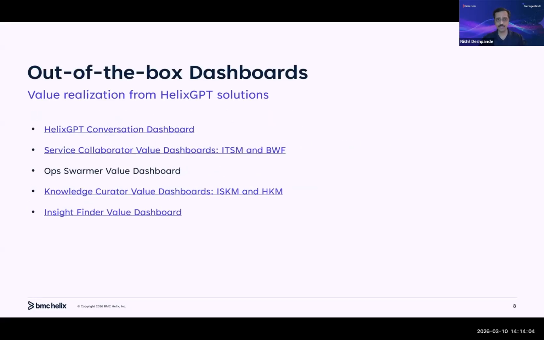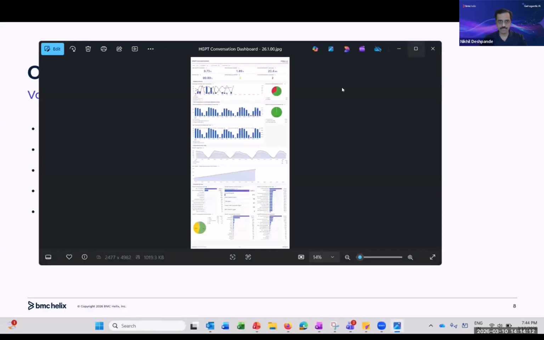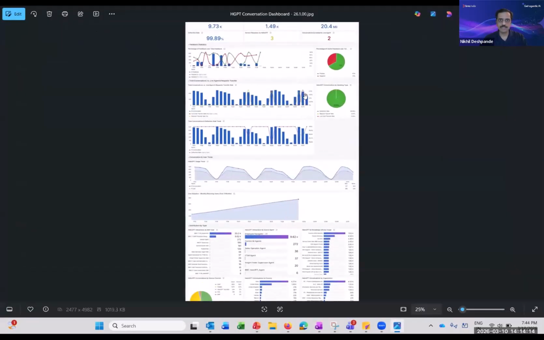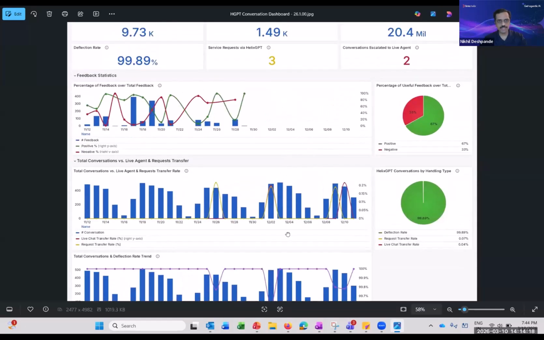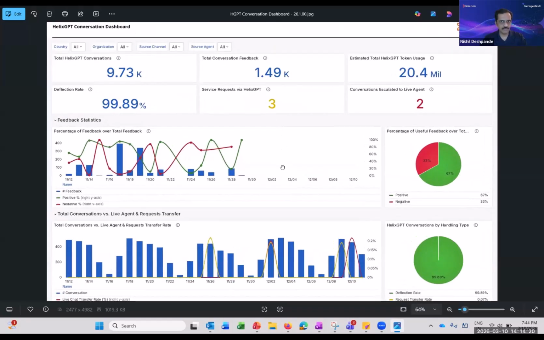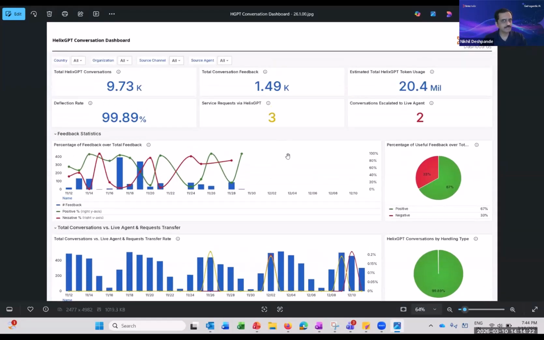So these are the dashboards that we delivered in this release. We'll look at some of these screenshots. So this is a Helix GPT conversation dashboard. An older version of this dashboard was delivered in 25.2, but there are some new features in this release. So this helps you understand